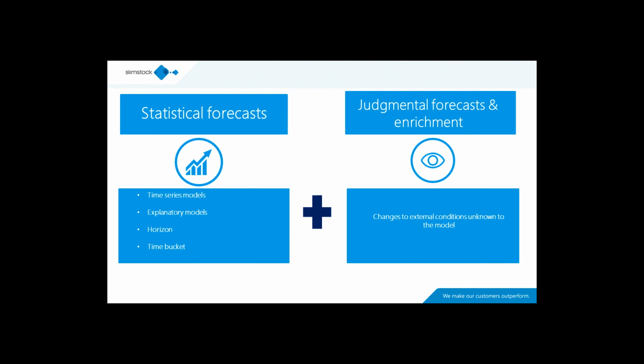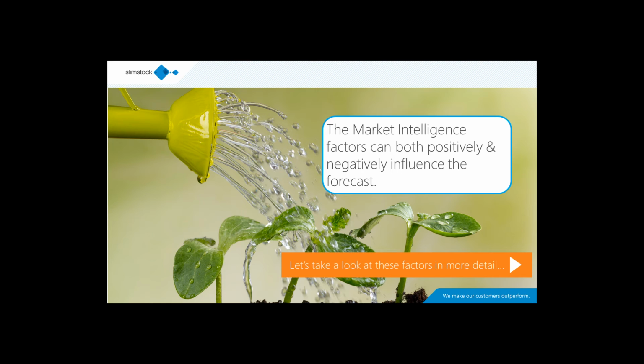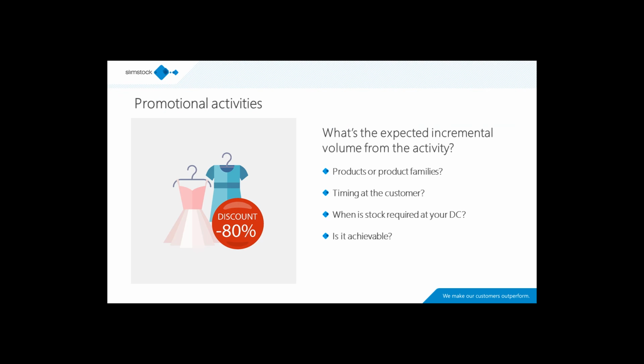Let's recap on what we've discussed so far. Statistical forecasts can be highly efficient and often provide a superior base forecast to judgmental methods alone. Yet we know that forecasts are prone to error and that the past doesn't always provide a faultless view of the future when there is information unknown to the forecast model. When creating a sales forecast, more accurate results can often be gained by ensuring that those with market knowledge, such as salespeople, marketers, and product managers, are able to contribute market intelligence to the forecasting process and validate the statistical forecasts. Market intelligence factors can both positively and negatively influence the demand forecast. Let's take a look at some of these factors in more detail.